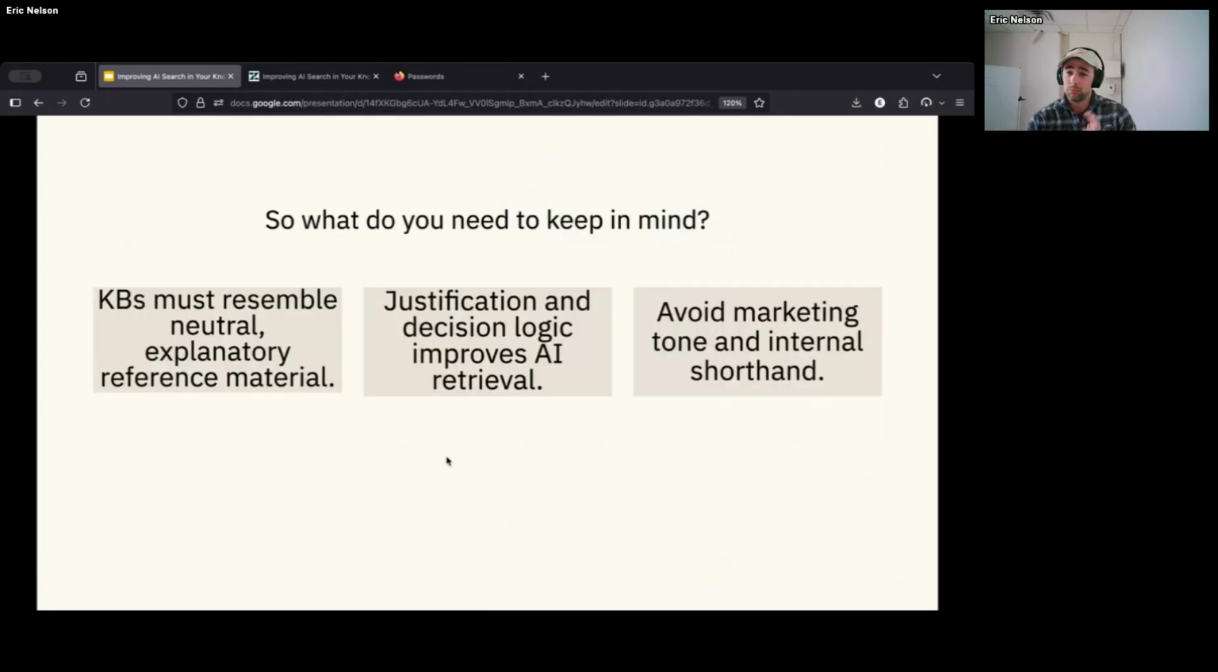Great. So we're actually going to start getting into some tips and tricks here. So what are the things that you want to keep in mind? First and foremost, knowledge bases must resemble neutral, explanatory, referenceable materials. Now, this is going to sound super boring to a lot of you, and this is a balancing act here. You need to think about creating content that is great for your customers, but also great for machines. And having it be a really dry reference material isn't super exciting for your customers,